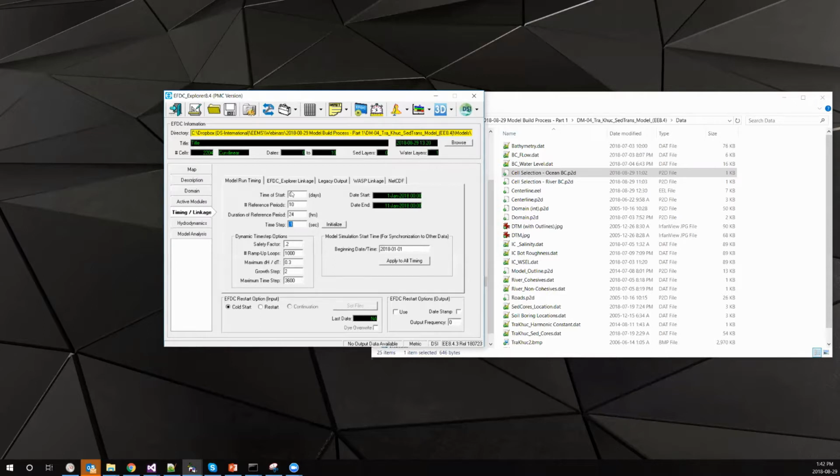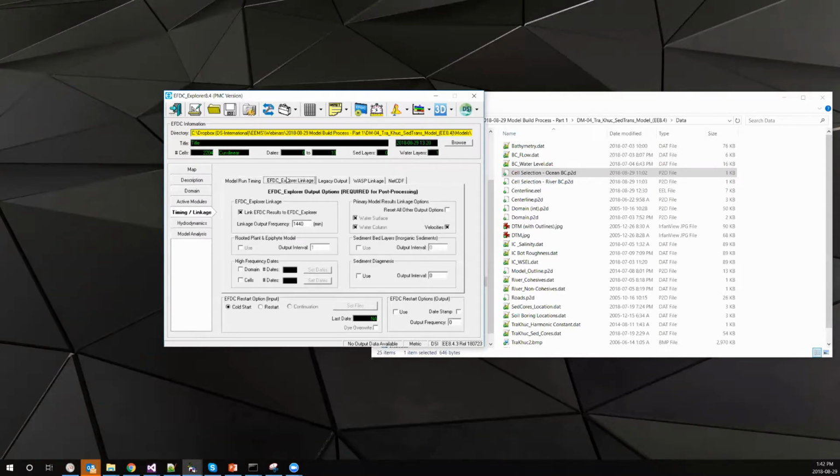So with this set, all I need to do now is to tell EE how frequently I want outputs written to the linkage file so that we can display the post-processing results. By default, it's 1 day. I'm going to set it to a 15-minute frequency. And with that set,